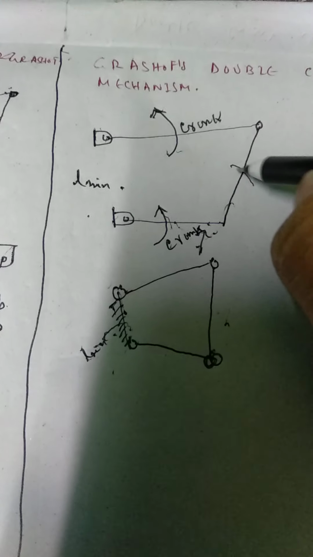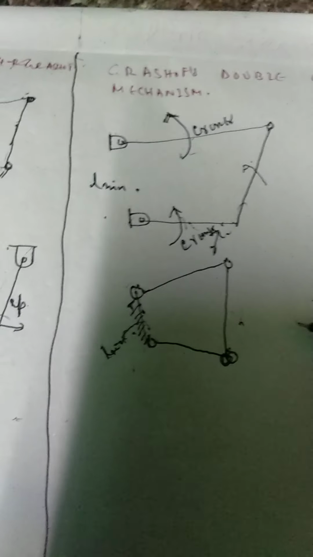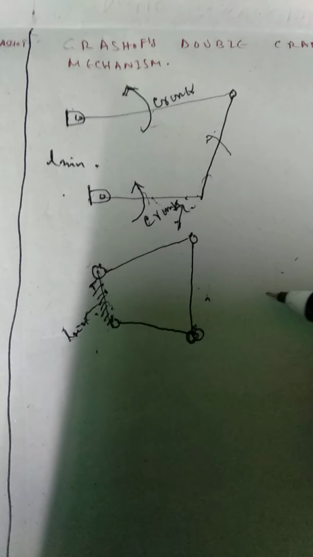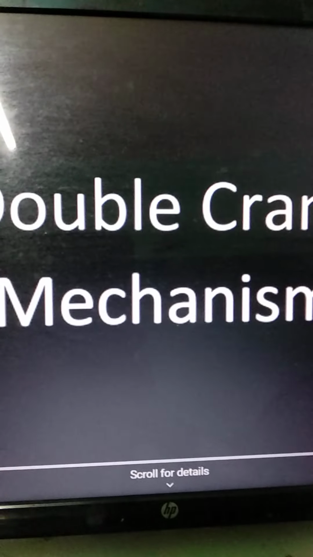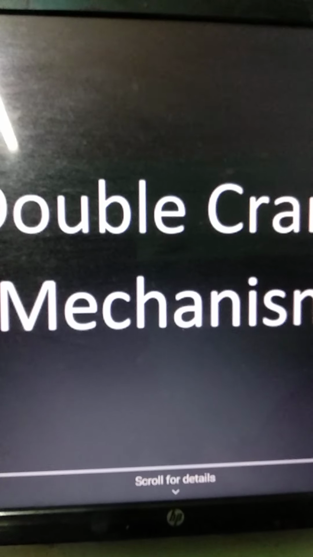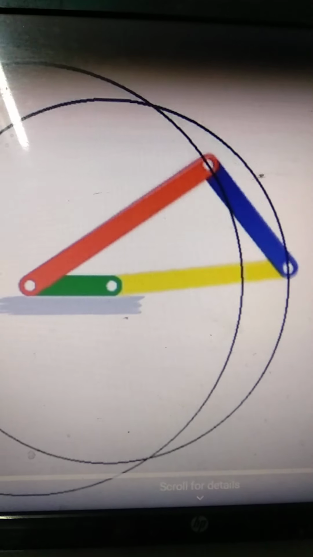This link can also rotate. So this mechanism is known as the double crank mechanism. So you can see over here the double crank mechanism.